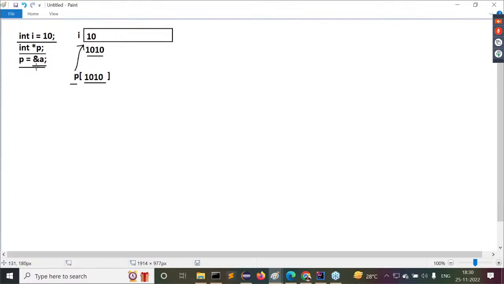When we compile this program, the compiler is providing some memory for the I variable, and some memory for the pointer variable. Am I right or not? Who is providing memory allocation for the pointer variable, the compiler or the execution engine? The compiler.